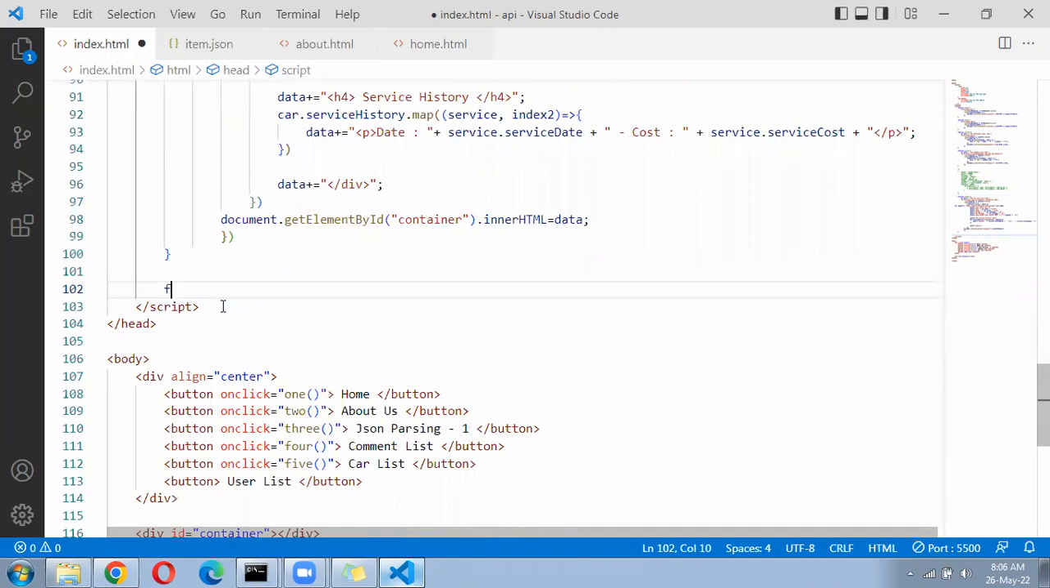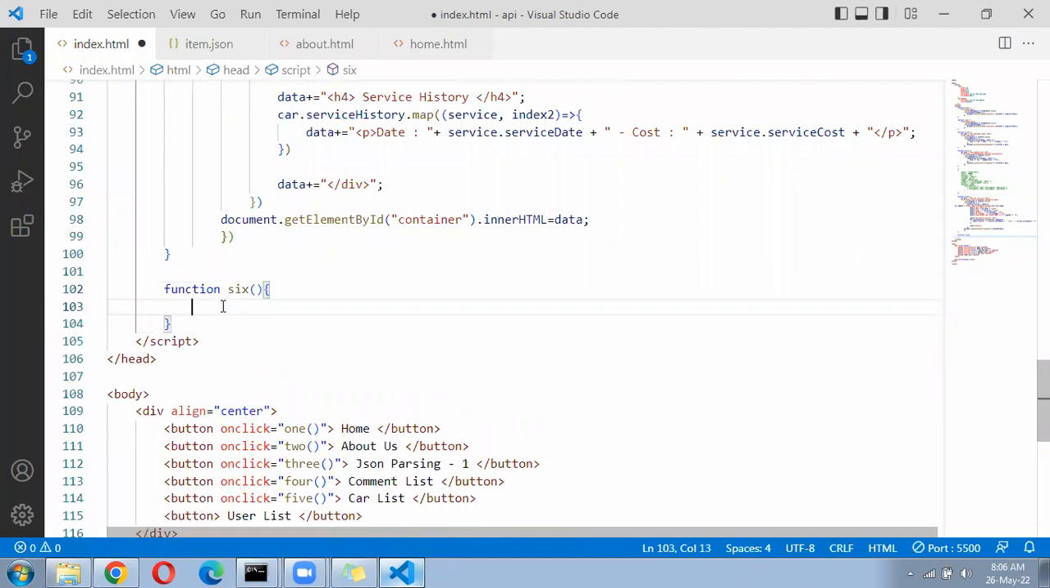Function 6. Inside function 6, you have to read the data from another URL. Let me give you. User list. User list. Now coming down,